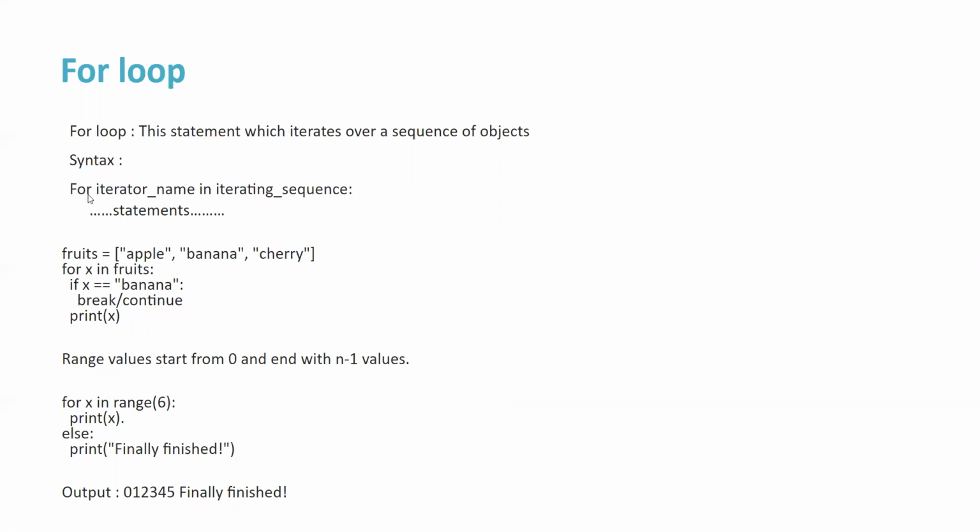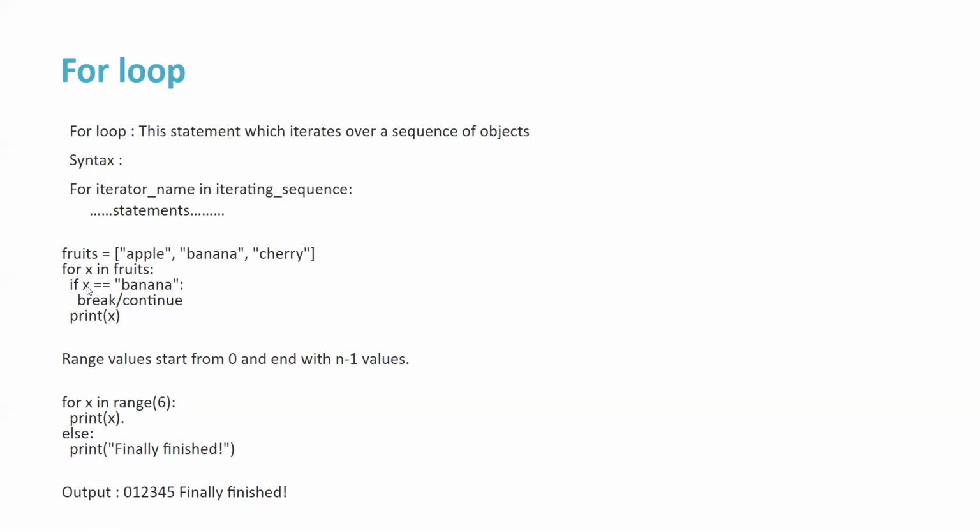The syntax is the for keyword, a temporary variable name, in, the list of values, and then you mention the actions that you want to do within that particular for statement. For example, let's say I have a list of fruits here: apple, banana, and cherry. So for each item within this fruits list, in order to get each item, for x in fruits, what does it do in essence? For each iteration,